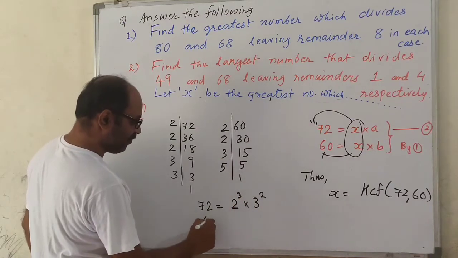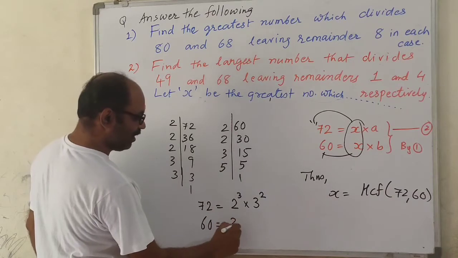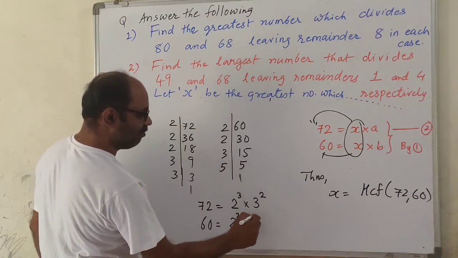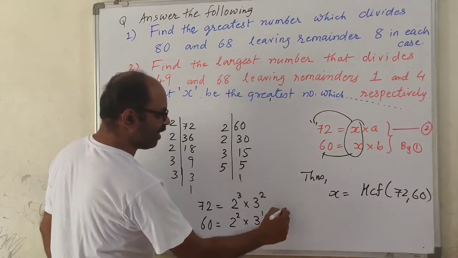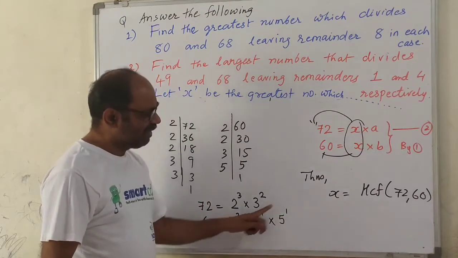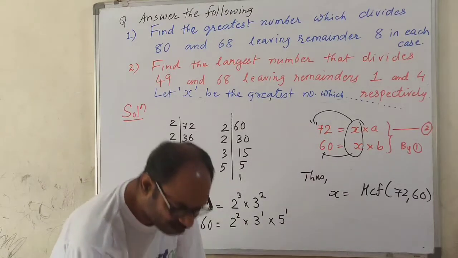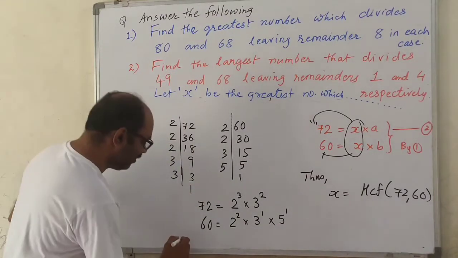For 60, 2 is multiplied with itself 2 times, 3 appears once, so you may write 3 raised to 1, and 5 appears once, so you may write 5 raised to 1. Better you write 1, though it is not necessary. Thus,